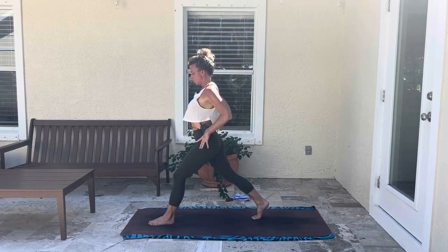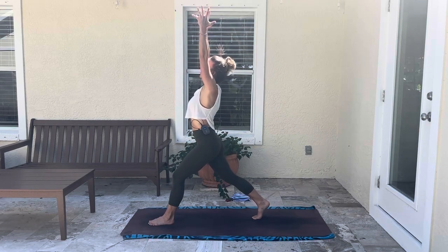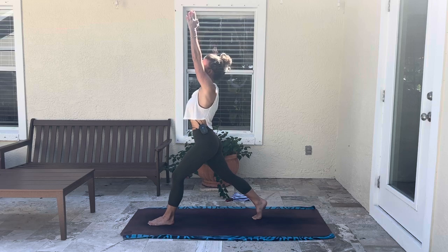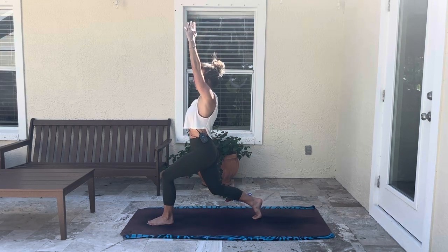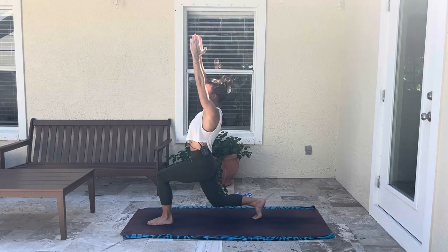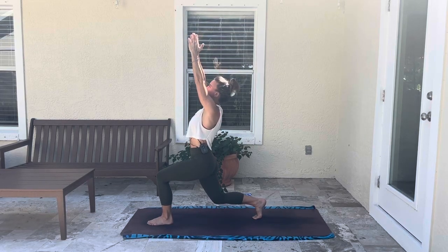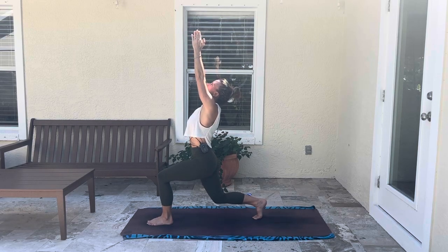So remember, if you have a sore lower back, you can take that micro bend in your back knee. If you want to work on strengthening the legs, you can start to bend that back knee a little bit more. And then squeeze the inner thighs to hug towards the midline. Maybe bring the palms together and lift your gaze towards the thumbs for 3, 2,